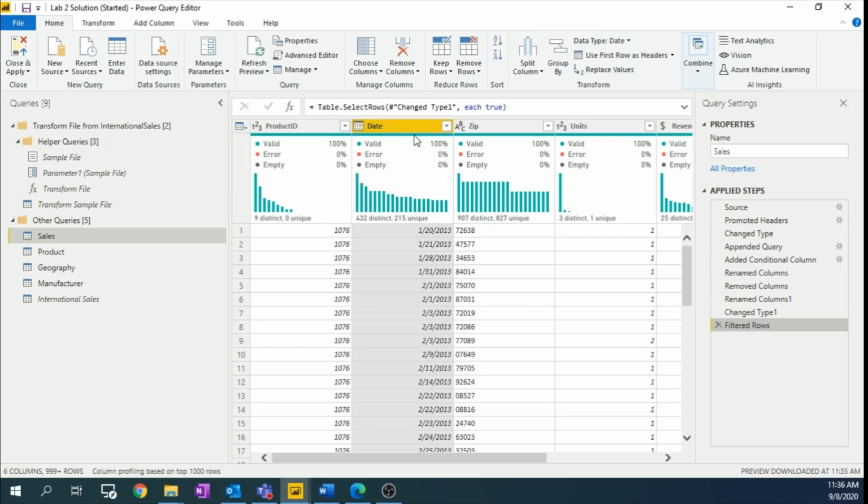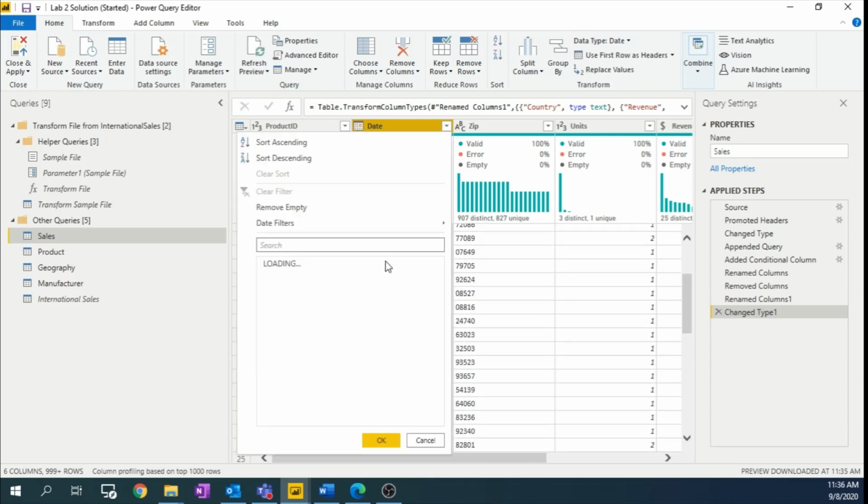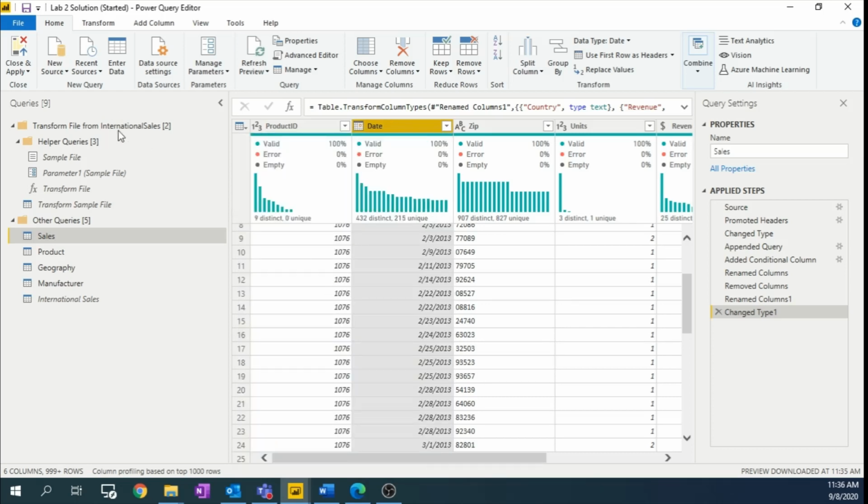You can also delete this step, filter rows, if you want, and it's the same. So now we have all dates across the years. Now just click on the close and apply button